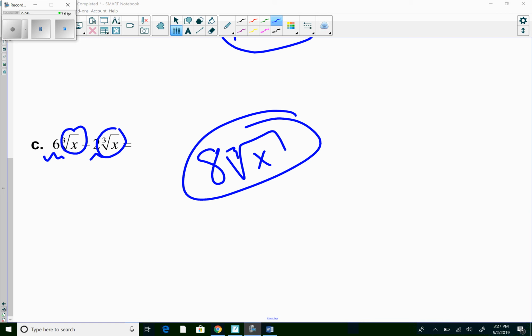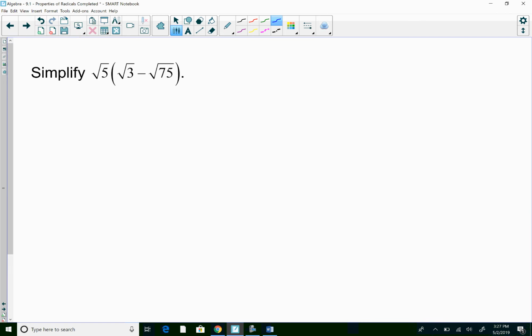We're going to move on to the last example, which is simplifying using the distributive property. Anytime there's a number out front, we have to distribute it through. So the first step is to do that, and you multiply the numbers underneath the radical symbol together. That would be the square root of 15, and then minus, we have to take 5 times 75. Grab your calculators and do that calculation quick. 5 times 75 will give you the root of